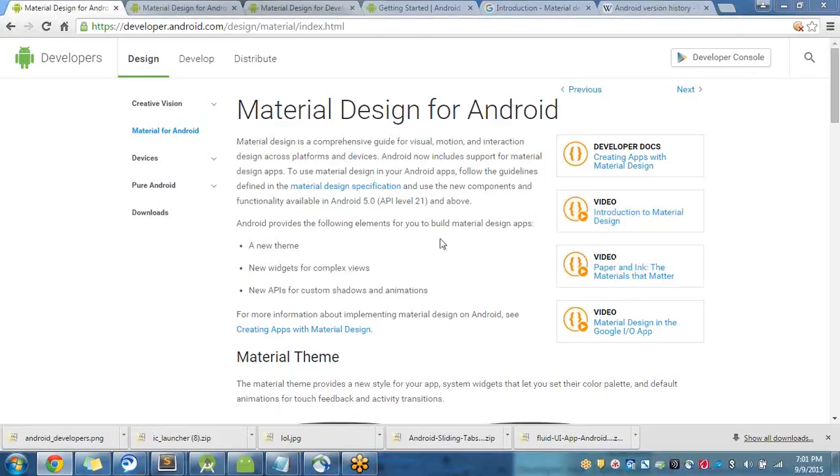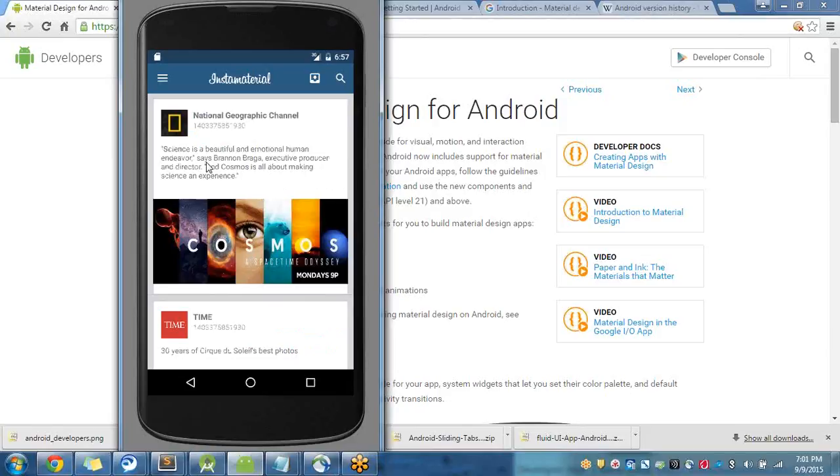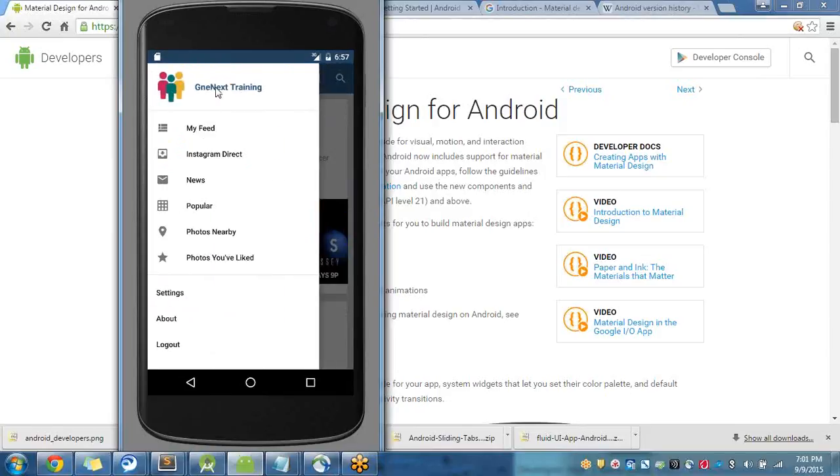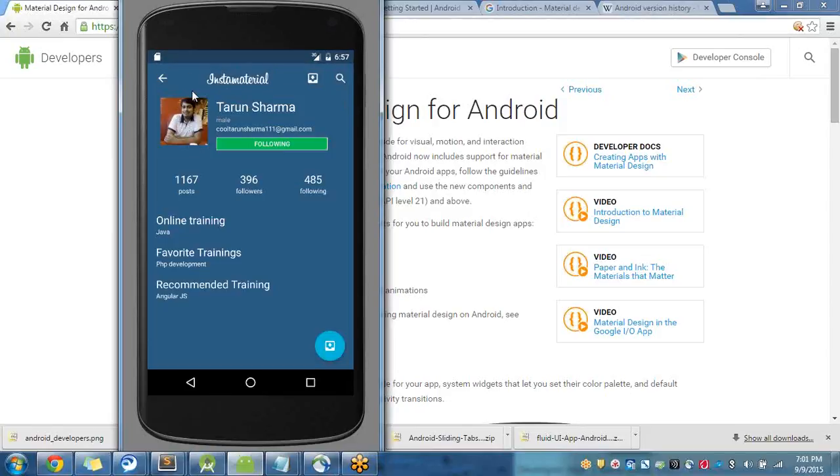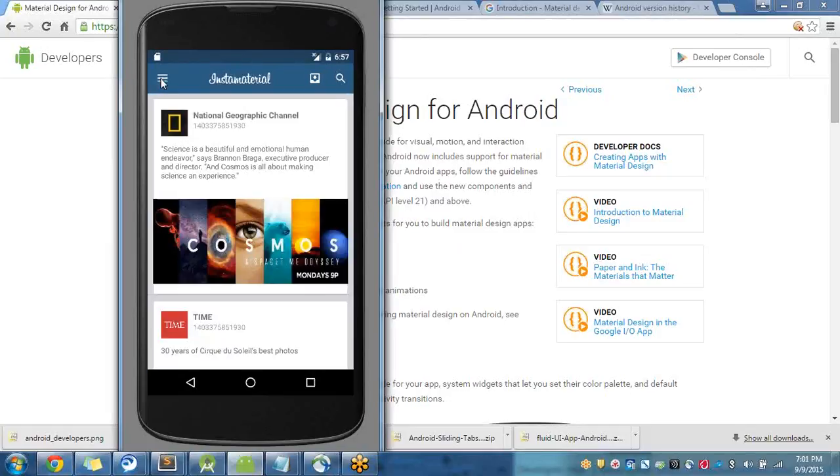If you go out and try to download any of the latest applications built on Android API level 21, 22, 23, Android L or M, the look and feel of that application is totally different. Like some of the apps I developed, this is the navigation drawer from which you can see the application. The look and feel for material design is completely changed. This is not an action bar, this is an application bar; the action bar is now deprecated, and you see a lot of changes with Android L and M.